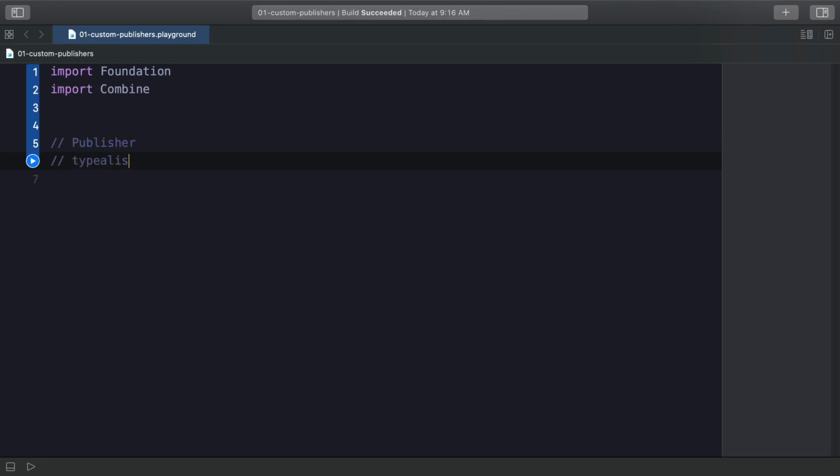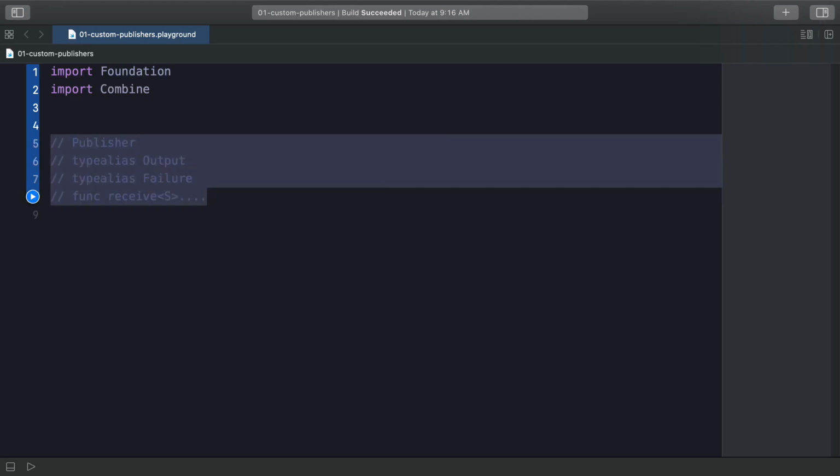There's a type alias for the output type, which we've seen, and there's a type alias for the failure type. So any publisher that we create is going to have to define what these two are. And in addition, there's also one other function called receive, and we'll see the signature for that in just a second. So I say that it's deceptively simple because these are the only requirements for us to define a publisher and allow it to compile,